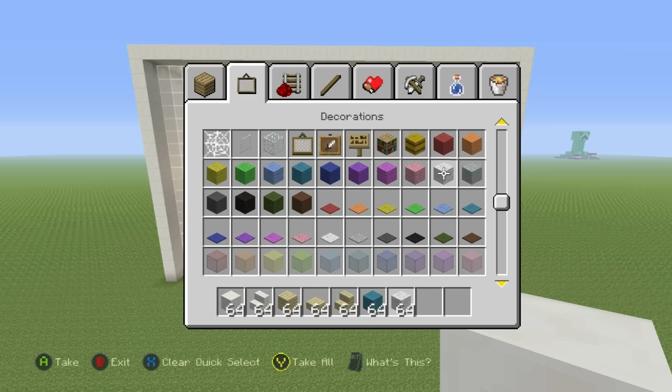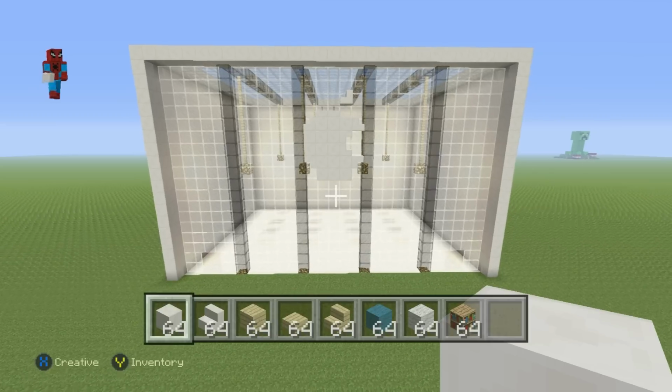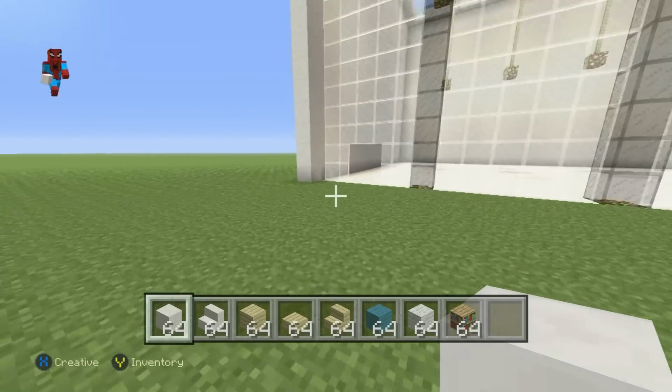We'll also need white wool. We'll also want some bookshelves. You know what, we'll leave it at that for now. We're probably okay.